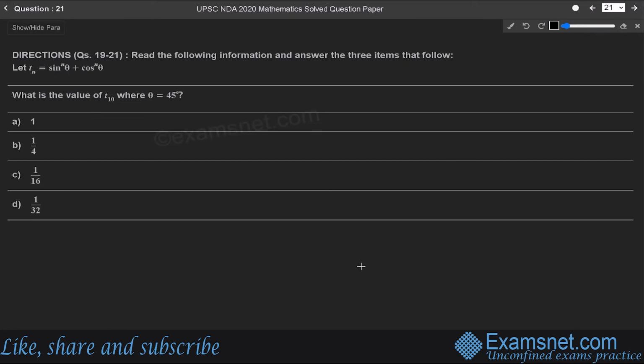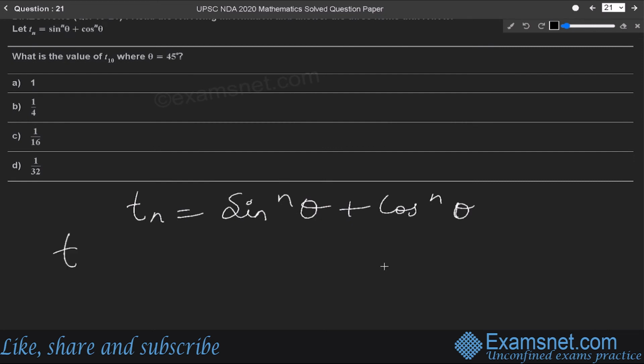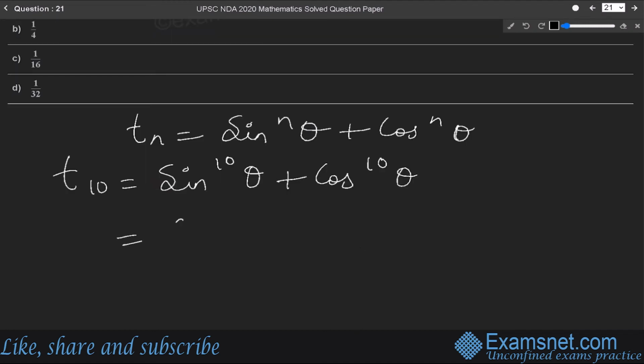Next part is, what is the value of T10 where theta is equal to 45? Now we have to find the value of T10. We know that Tn is equal to sin n theta plus cos n theta. So T10 will be equal to sin 10 theta plus cos 10 theta. Here the value of theta is also given in the question, which is 45. So let us put it in, sin 10 times 45